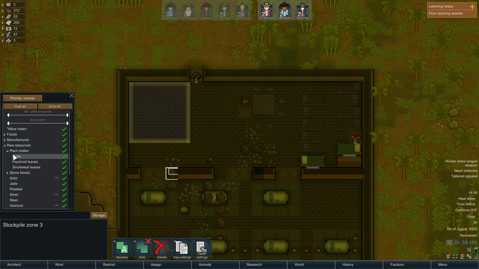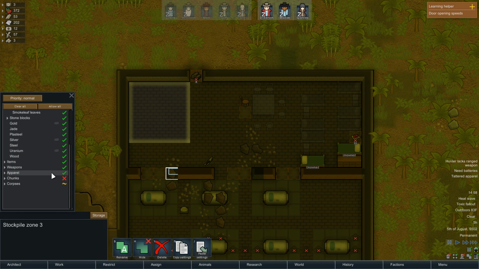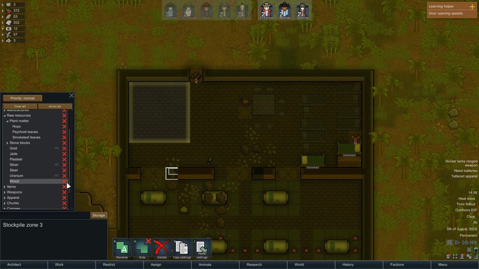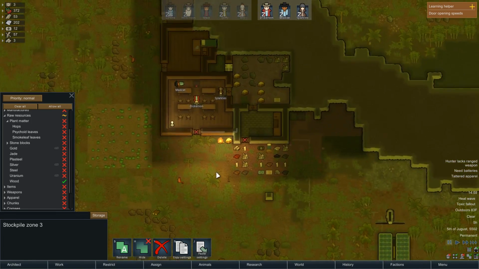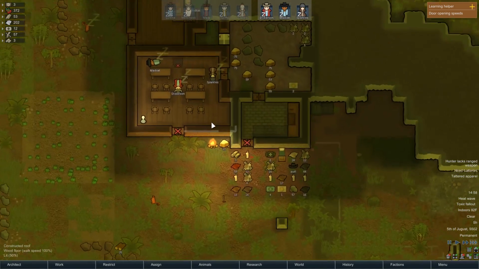I mean, afterwards, I'm gonna have to rehaul all that wood because otherwise it's gonna be inside the prison and that's not exactly a good thing. So, hang on. Let's see, clear all and store only wood there. And do not store wood here. There you go. So, hopefully people will...